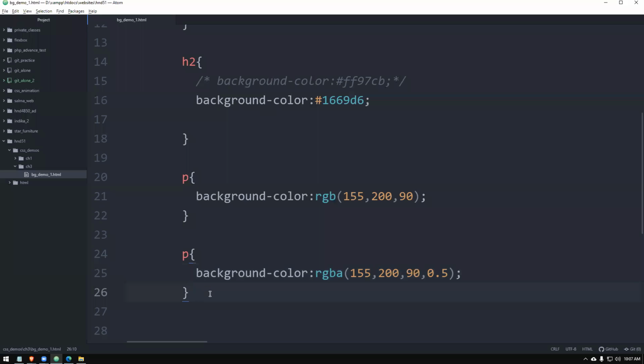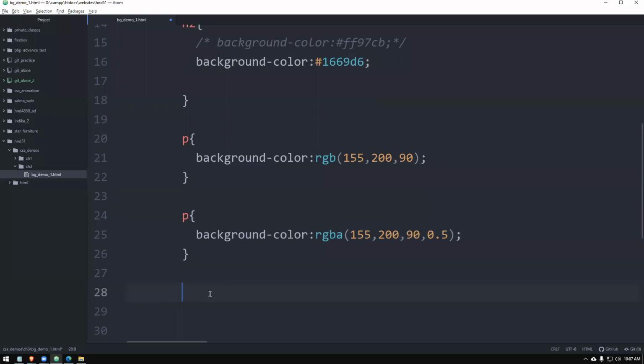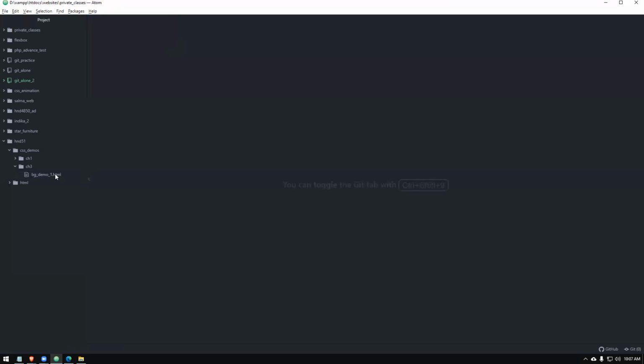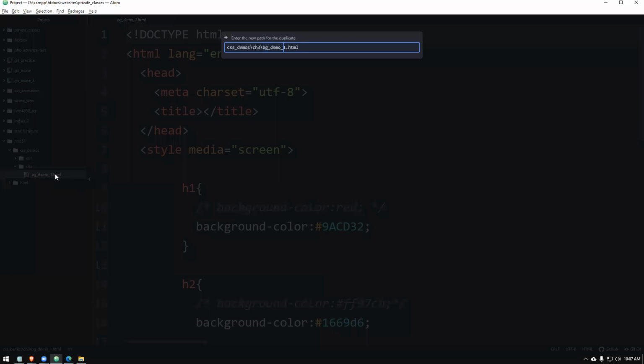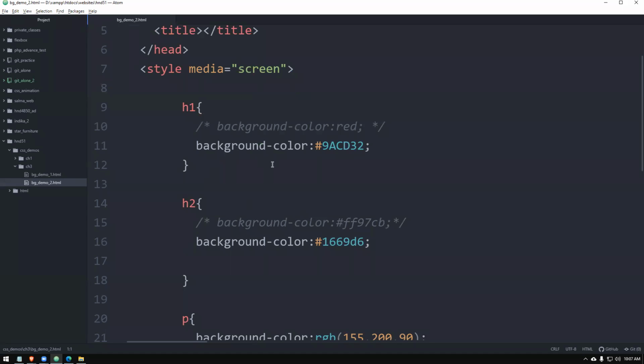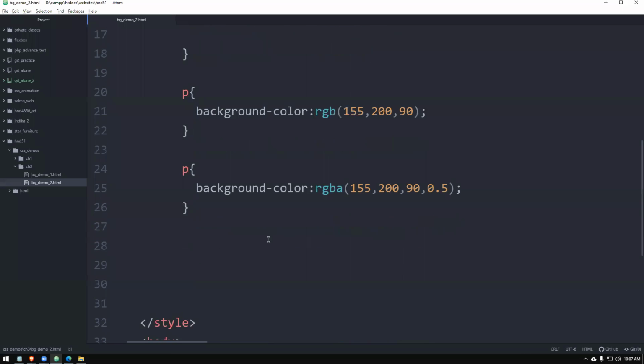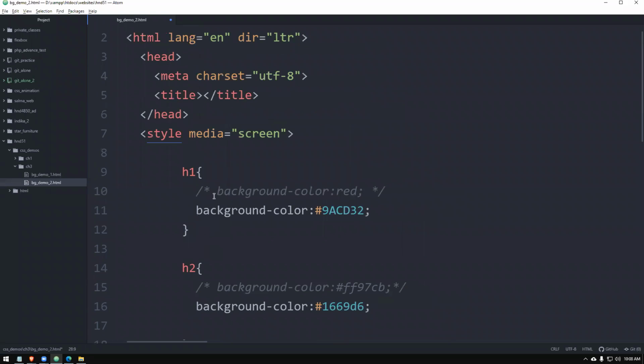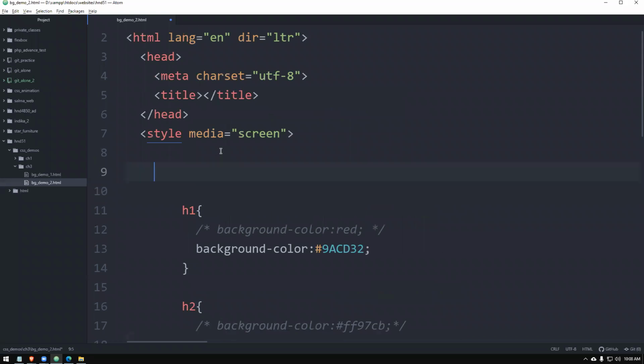Okay, so now the next thing we're going to do is the background images, right? So for that, what we will do is we will duplicate this as demo 2 and we will practice. I'm closing from here. I'm duplicating that. Going to put 2 like that. These colors, I'm not going to make any changes. I'm going to have a background picture for the body itself, right? So we'll have a background image.